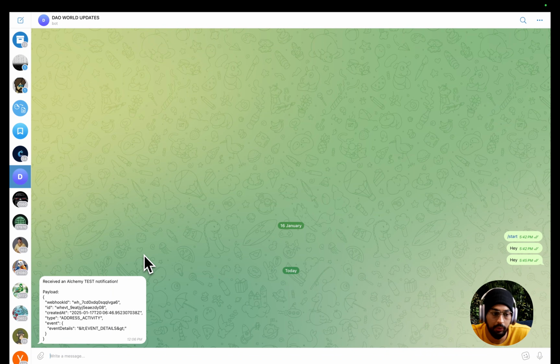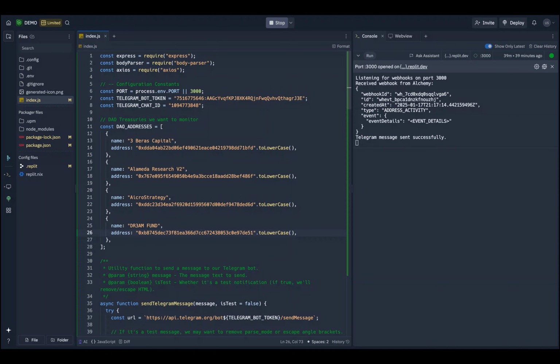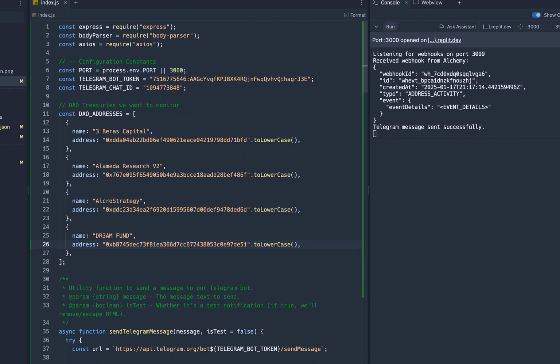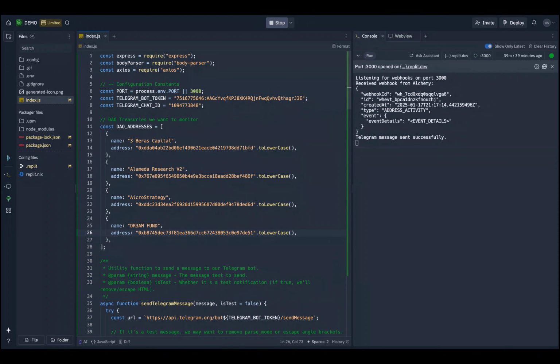Now, what I'm going to do is wait for a transaction to happen so that the transaction messages also come here. By the way, I removed the filter that we added to our code to monitor only certain assets, because the transactions weren't happening and I wanted to show you guys a Telegram notification. So I removed that filter, and now it gives a notification about every transaction activity that is happening,